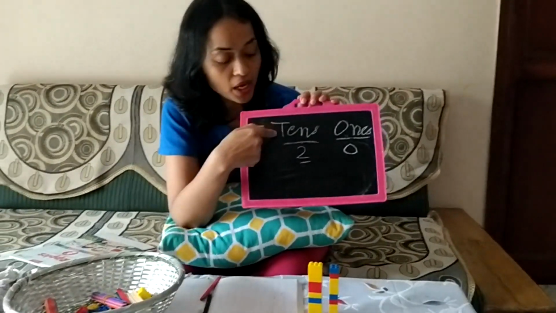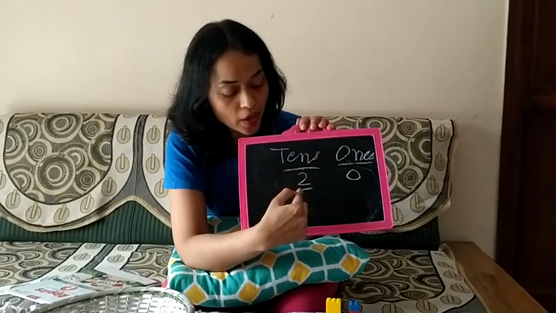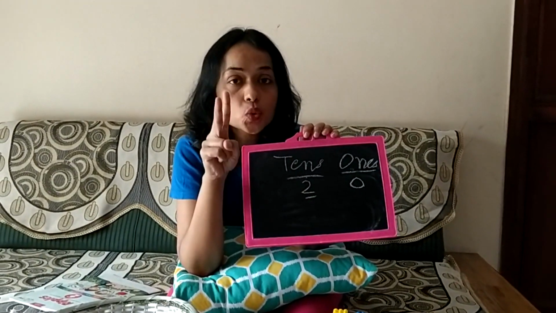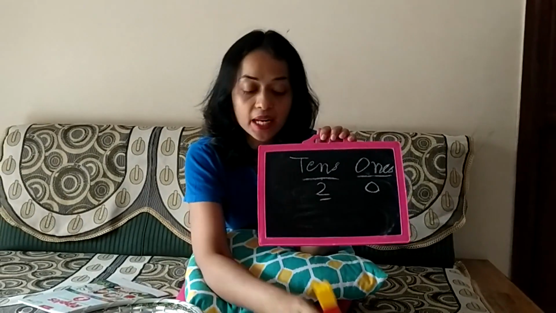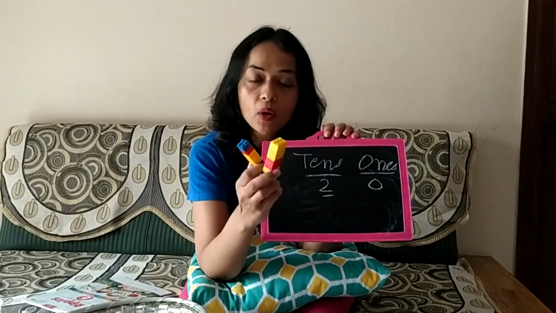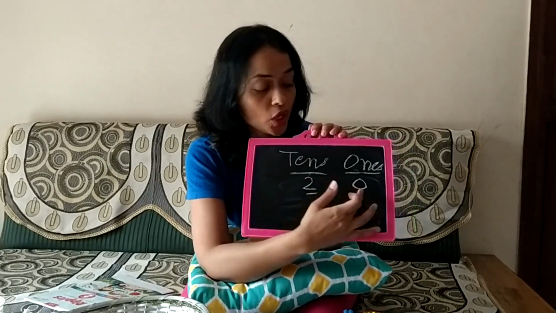Under tens I have value 2, and under ones I have value 0. So here I need 2 bundles, I need 2 tens. I have 2 towers now and I have 2 tens, and under ones I have 0 value, so I don't